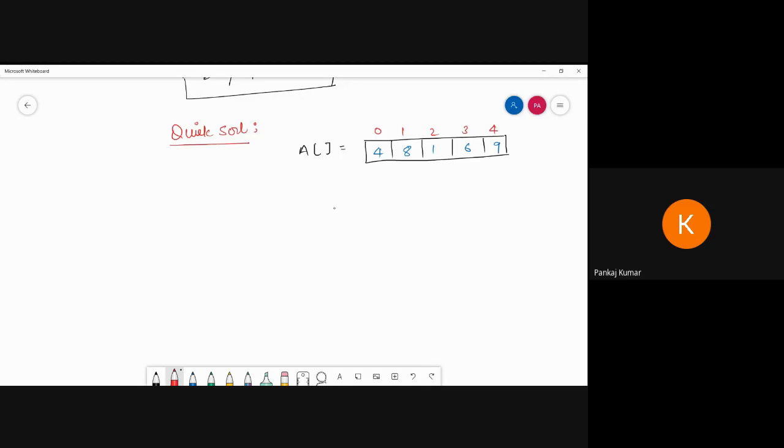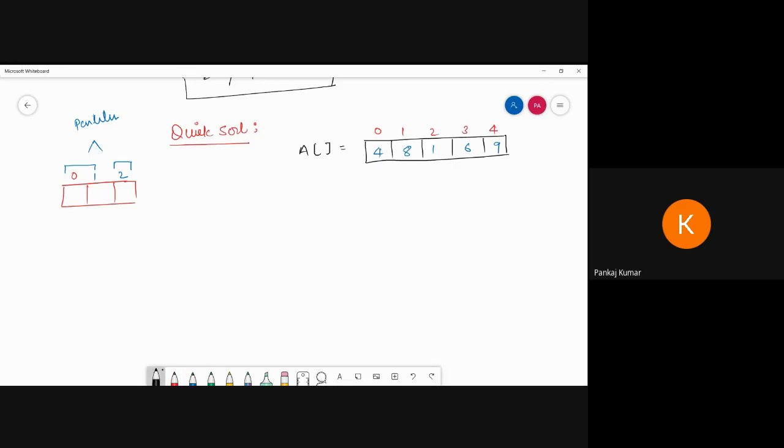What is the meaning of partition? Suppose this is the array and these are the points 1, 2, 3. This is one part I consider and this is another part. These are called the partitions. In the same array we can follow one block from 0 to 2, and from 3 to 4 up to the last we can follow another block. That is the meaning of partition. So we use the partition function in the quick sort, and the second function is the quick sort, which arranges everything. So that is clear.